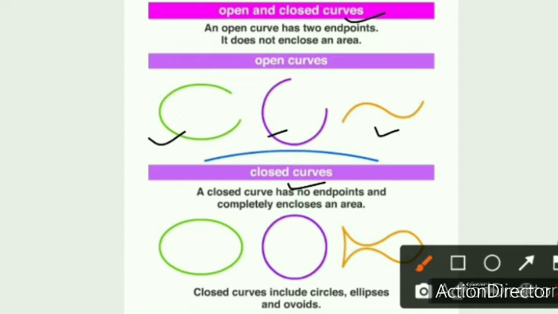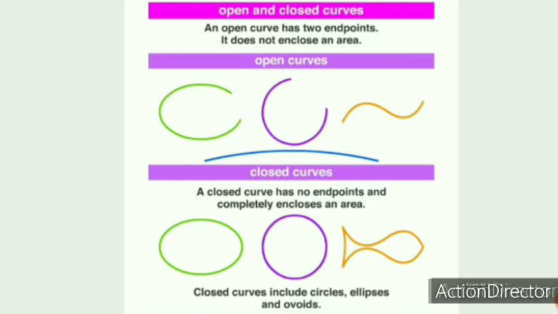What is a closed curve? A closed curve has no endpoints and completely encloses an area, like this first figure, this second figure and the third figure. So this figure has enclosed a specific area here, right? Closed curves include circles, ellipses and ovoids. So basically open curves are those figures that do not enclose an area, and closed curves are those figures